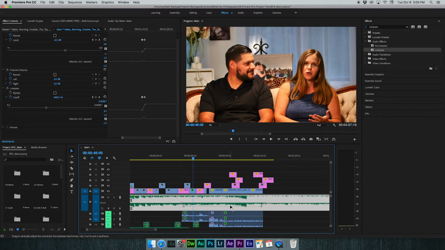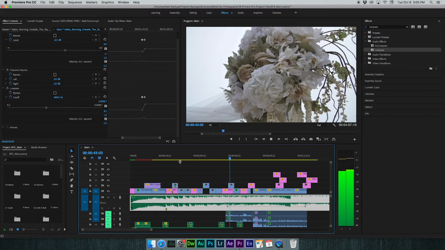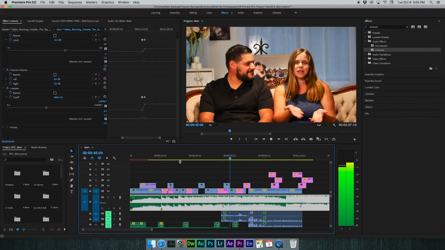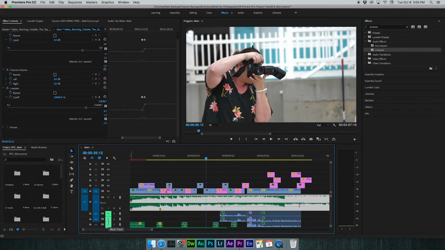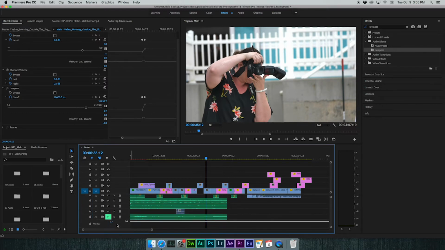All you have to do is lower the physical level of that track and then apply a low pass filter and keyframe it in and out, and you end up with a very tolerable track. Alright guys, I'm just going to turn all this stuff back on so that you can hear what this finished product sounds like.